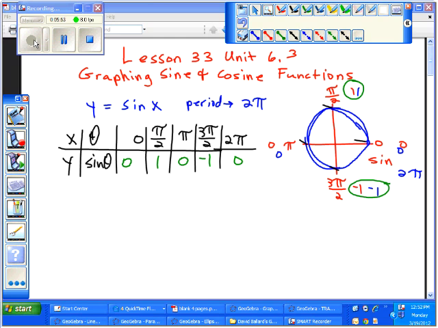Now, what we've got over here, we're really looking at polar coordinates. What we're going to do is graph this on a rectangular coordinate system, an XY axis with little square grids, rather than polar where we're dealing with angles. So if we were to draw a normal XY axis